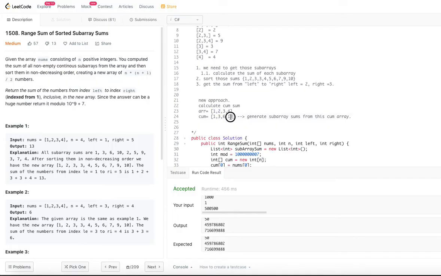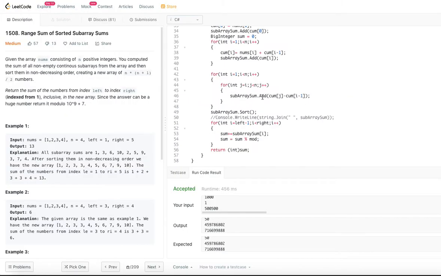So wherever you are minus from wherever you want to calculate. Simple. That's cumulative j minus cumulative i minus 1. That is going to give you the subarray sum, right? So with these 2 for loops, we are able to calculate the subarray sums.